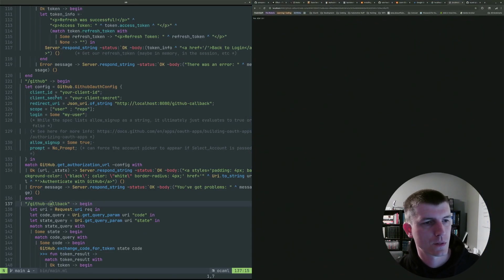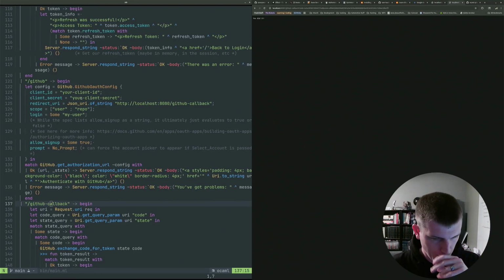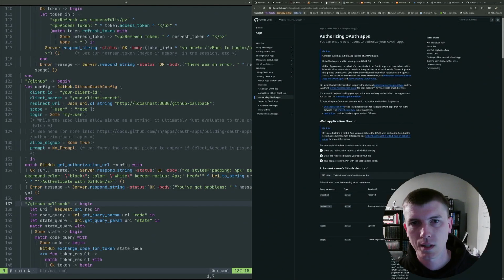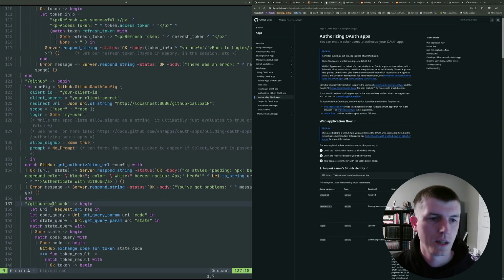So you create a config with the basic things that GitHub's authorization docs want, and it's going to generate an authorization URL which has your client ID and the scopes you want and other values, and then a redirect URI. This operates as the first pass of your authorization code flow,